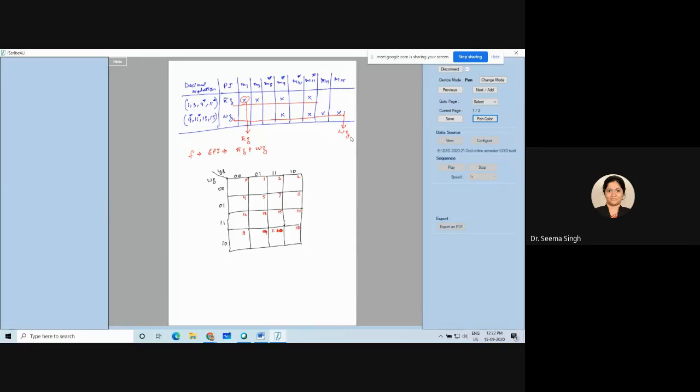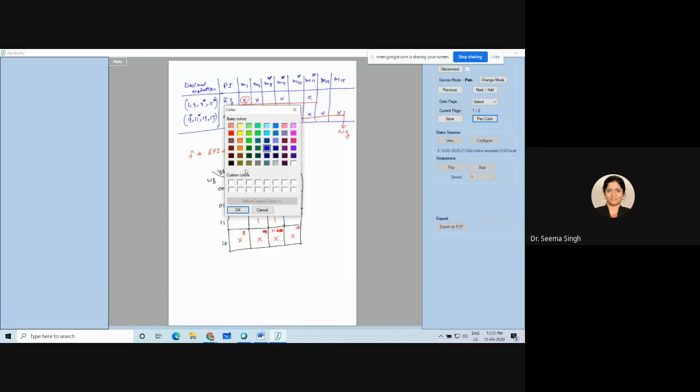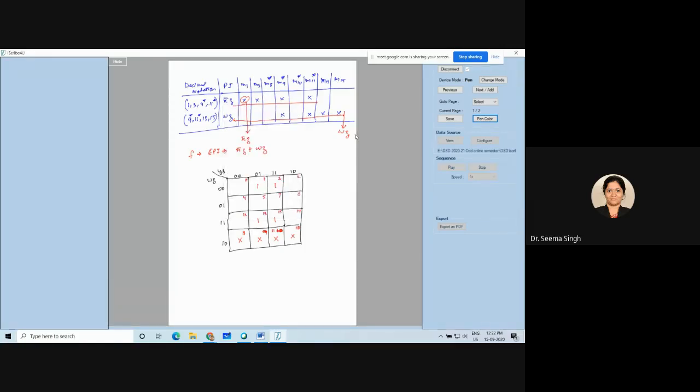Okay, so we got it. Next we have to write those numbers. So we can see we have 1, 3, and 8 and 9 are don't care, 10 and 11 are also don't care, 13 and 15 are your actual numbers. So you can see one group is this one taking 9, 11 and 13, 15, and the other group is this one. Understood? So this is your two groups.